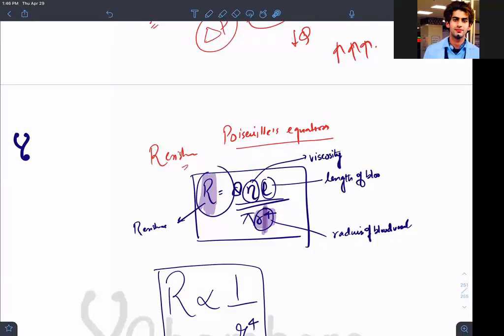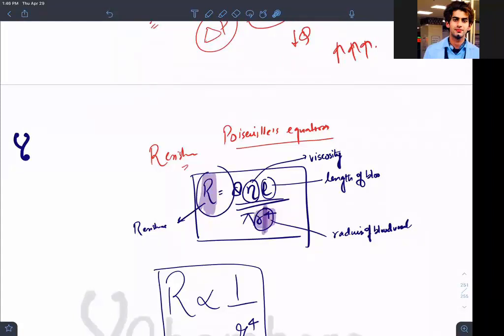Is it more viscous or less viscous? That is, whether it is like honey or is it like water? If it is more dehydrated, if you have more fluid loss, or you have less water component in the blood, you will say it is more viscous. Or if you have more cells, you have polycythemia vera, that will also cause increase in the viscosity of this blood.